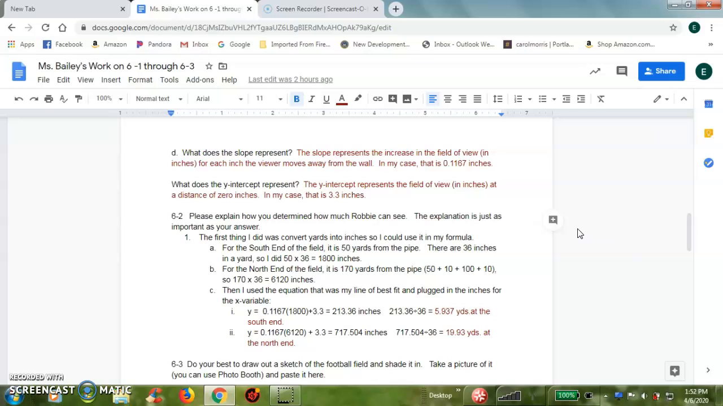The y-intercept represents the field of view in inches at a distance of 0 inches, right? So even though a person is 0 inches from the wall, they can still see something, partly because there is the length of the tube. Weird but true. All right, so for 6.2,